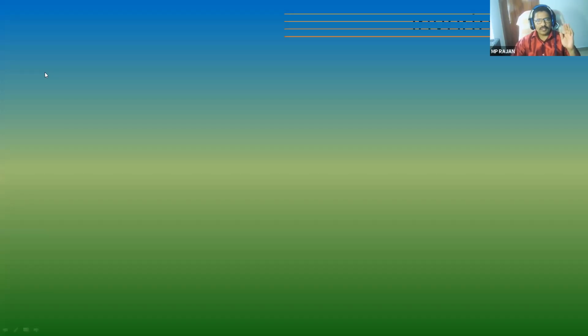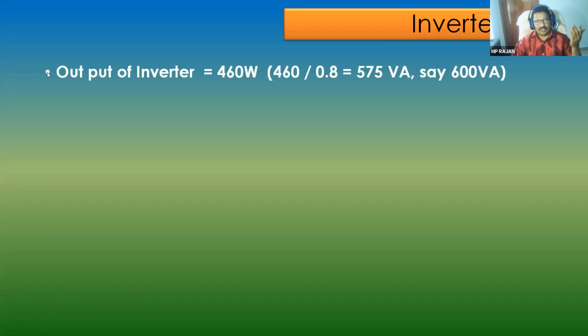Now, first let us do the inverter sizing. Now we got the value, 460 watt is the load output. Your house needs 460 watt power. Now you can go to market and select an inverter. This is the DC wattage, real power, and real power normally inverter is rated as VA, volt ampere. There is a power factor involved in this. Normally power factor will be 0.8. If you are assuming 0.8 power factor, then 460 by 0.8, you need a 575 VA inverter.